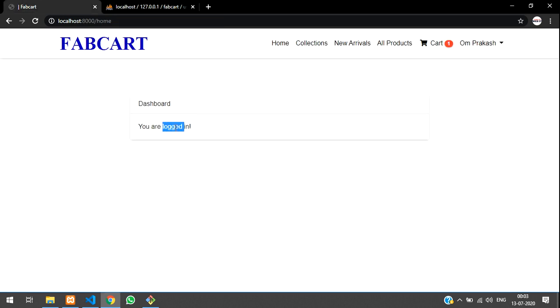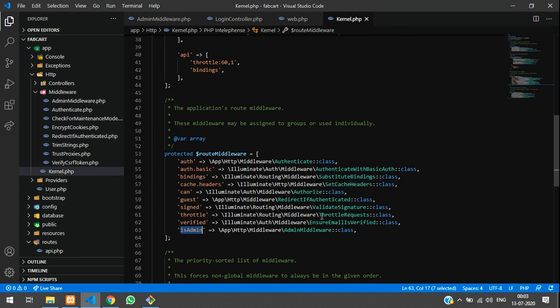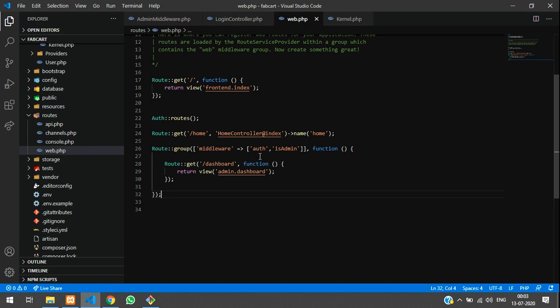You can just create one more middleware called vendor middleware, and register that into kernel. And after that, you come to your route and set a group of route for only vendor part, so the vendor can access the dashboard, right?